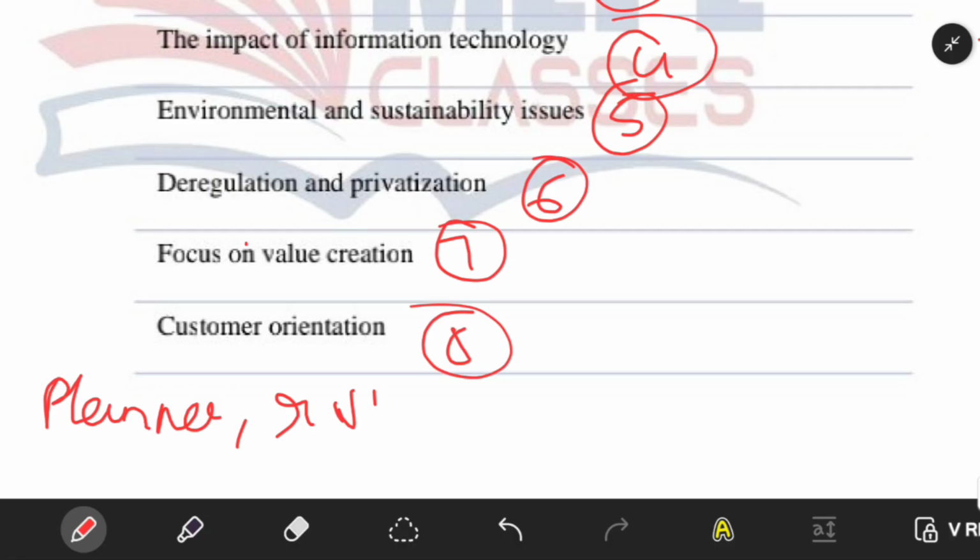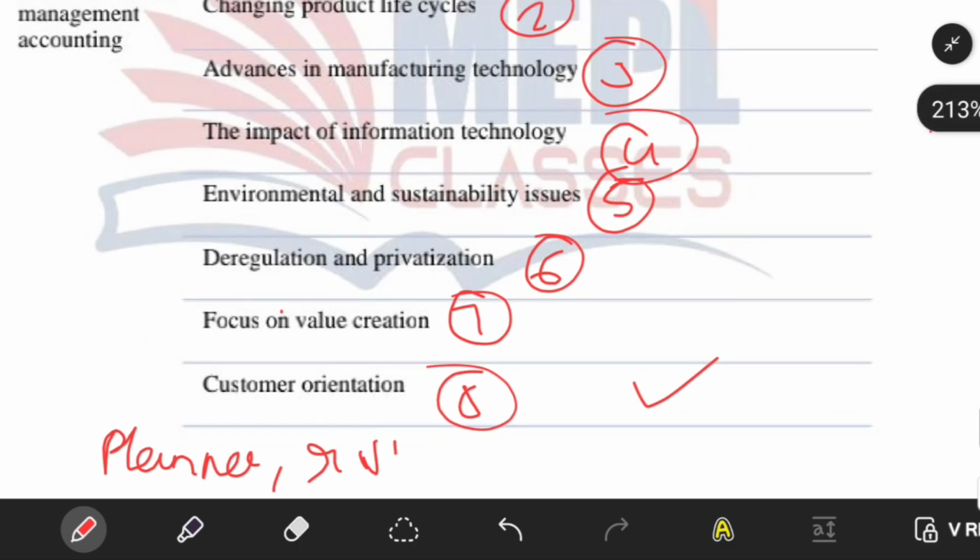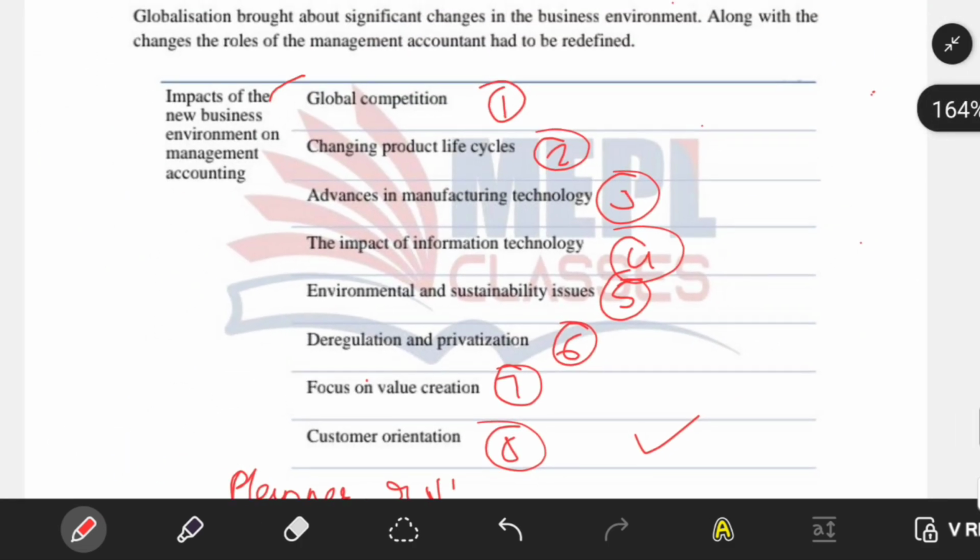And an important thing is that if the question asks about the traditional method, you have to write the other one. And if the question asks about the modern role of the management accountant, write this. Don't mix both, otherwise you will lose marks even if your answer is lengthy. Write only these points, learn this by heart.